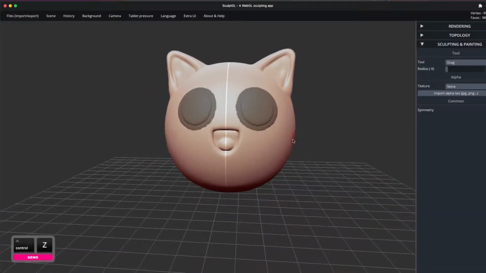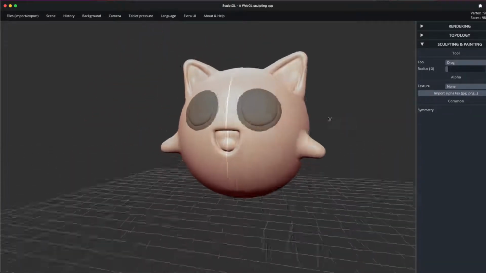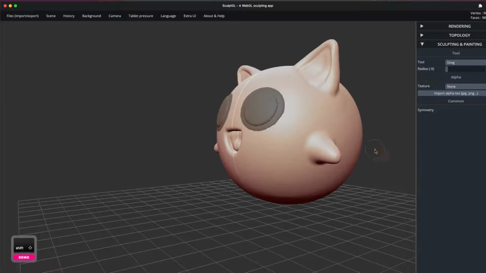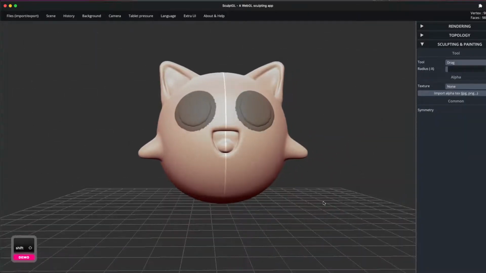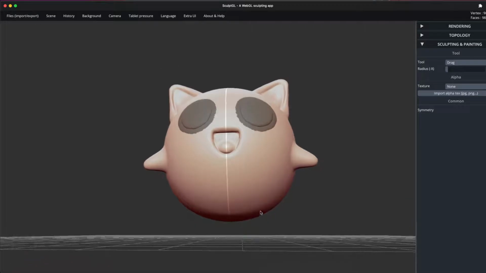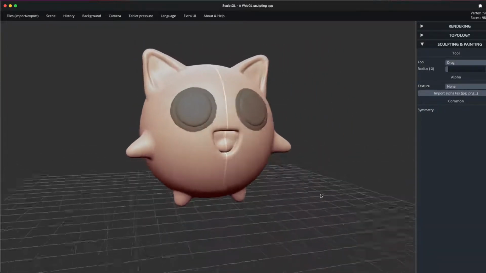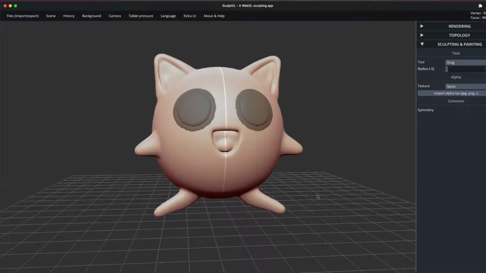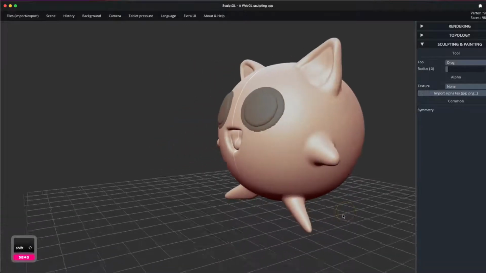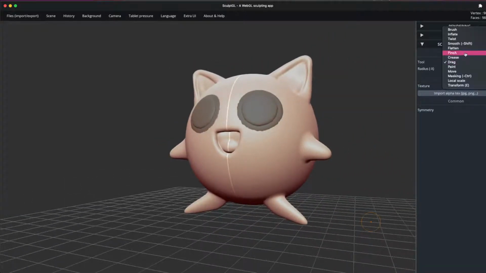So you have the arms. You can smooth it a bit if you want. Then next is go here, drag, then click here, then drag. Smoothen a bit. Then it's too sharp, you want to add inflate,